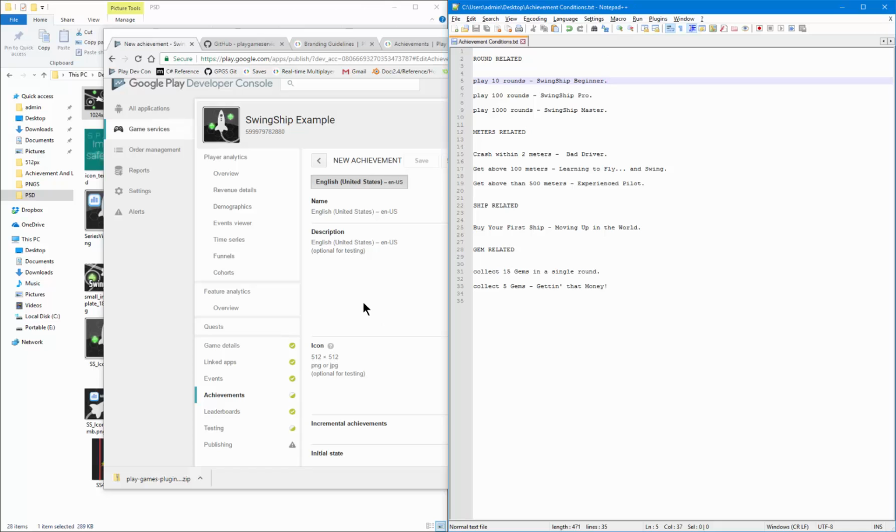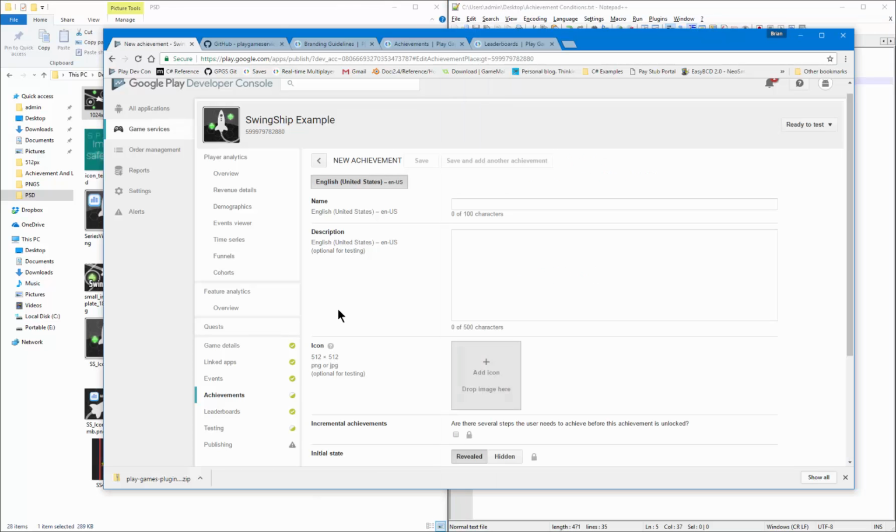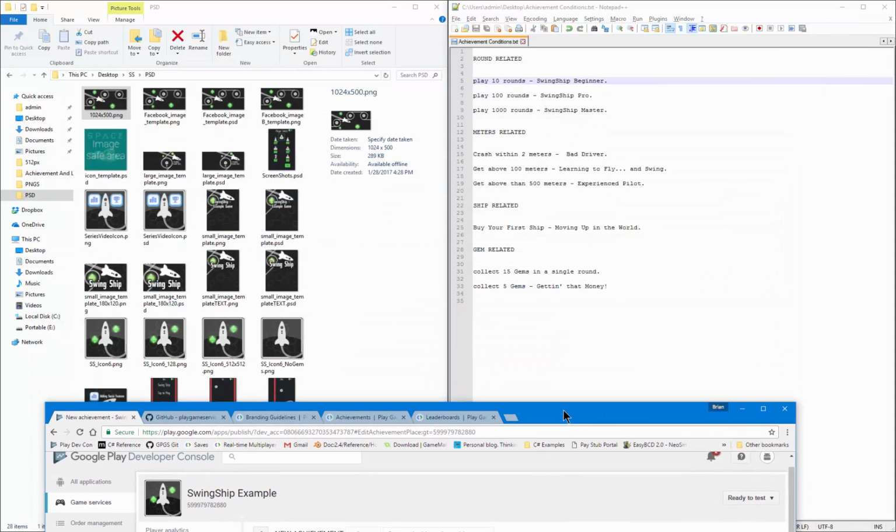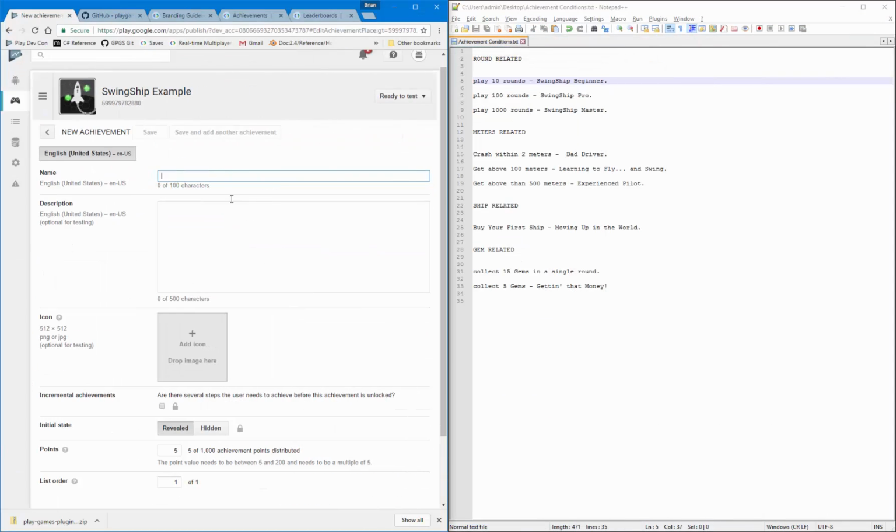All right, so we will start with the round-related ones. I think I might go in overall difficulty, so we might actually restructure this a little. But name of this one. SwingShip Beginner. I can't type. To unlock this achievement,